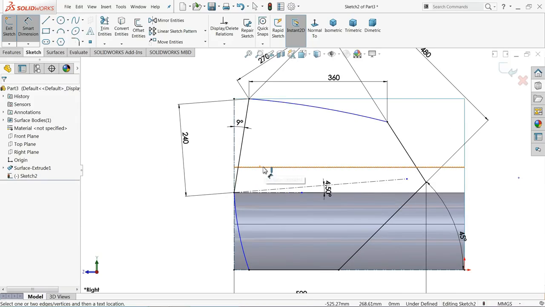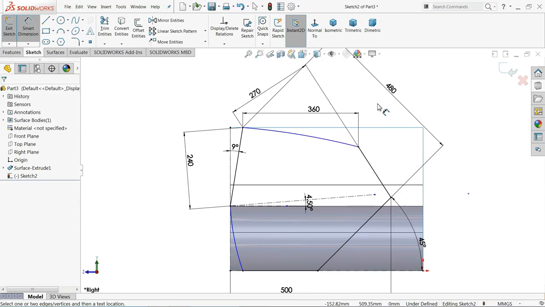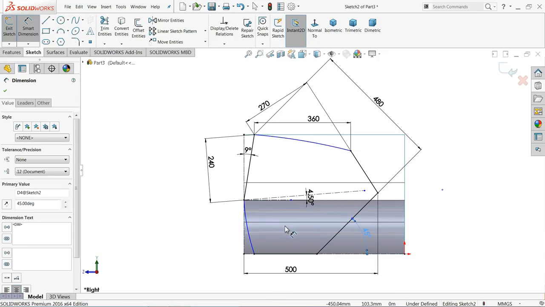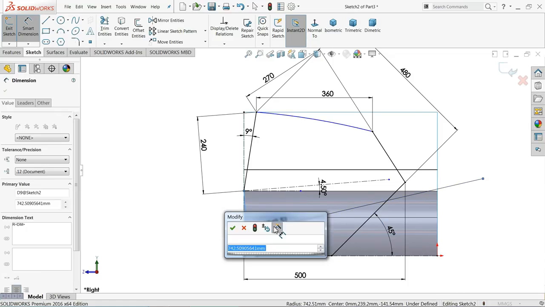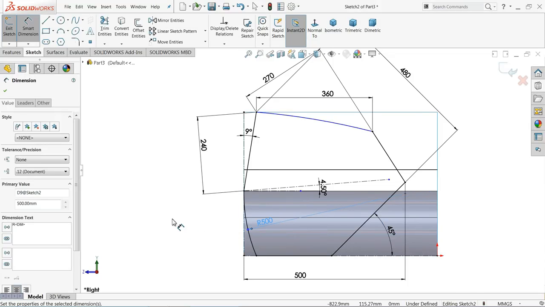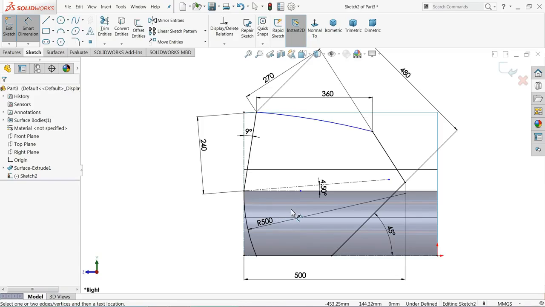Okay. This one also 240 millimeter. Okay, this radius 500 millimeter. Now see, it is perfectly.